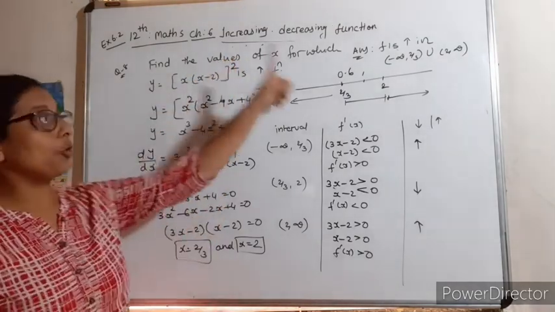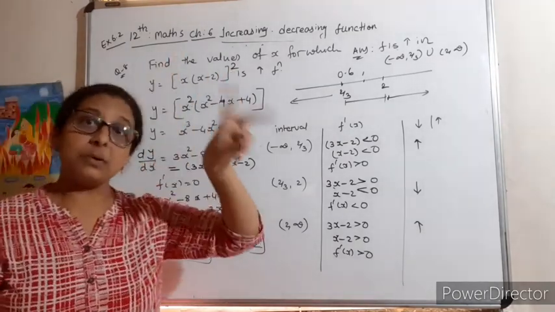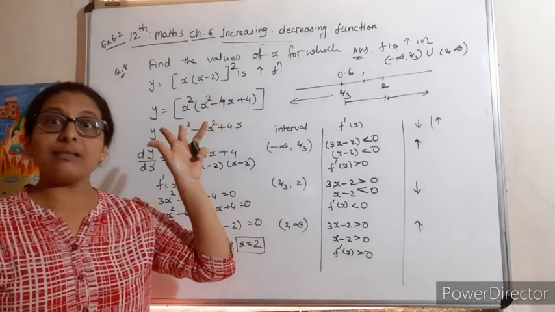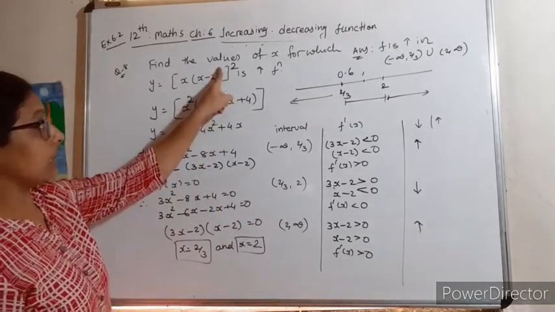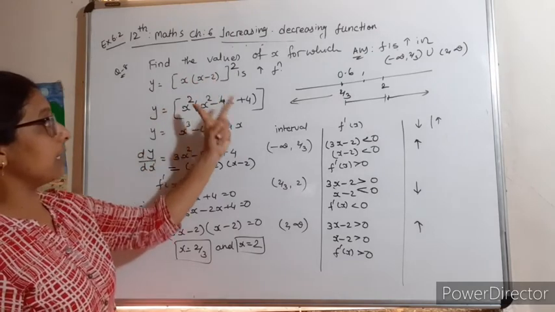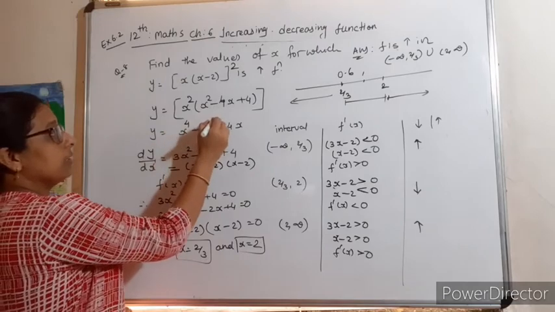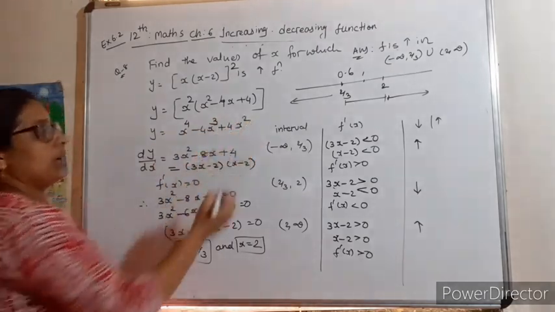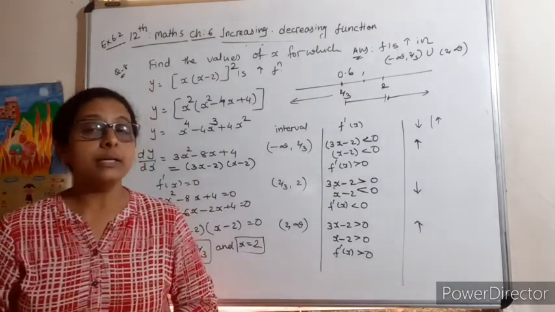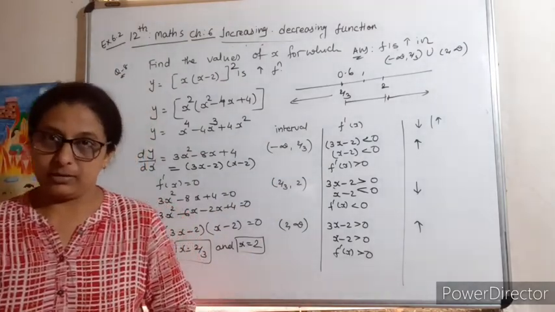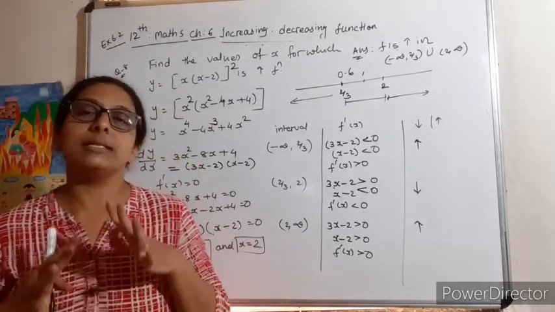So I am giving all this as homework. You have to do this. The answer is given at the back of the textbook. If you don't get the answer, then you will ask me. Understand that? So this whole square means x square and x minus 2 square. If you multiply x raised to 4, this is x cube and 4x square. Then find the interval in which it is increasing or decreasing. That is your homework. So this is the end of question number 8 and the end of today's lecture.